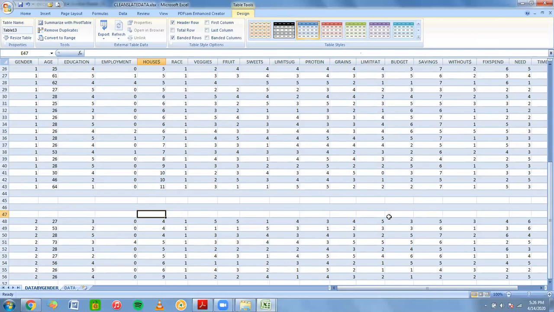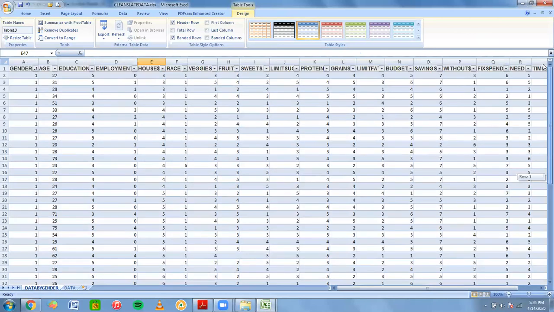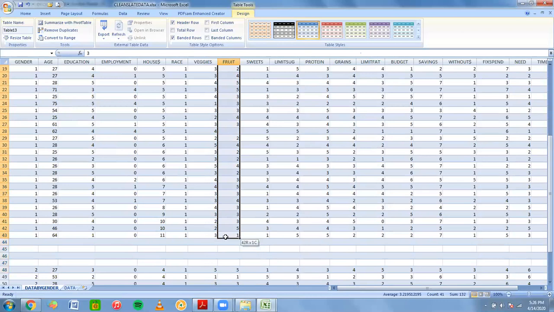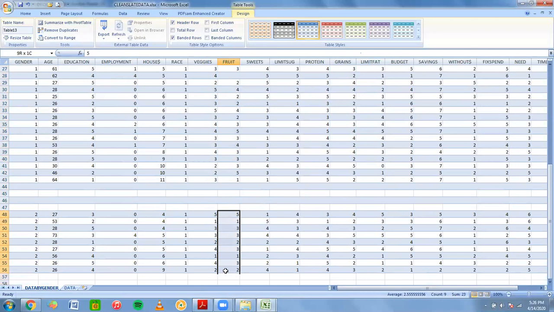And when you're doing your t-test, let's say you're running, what was my example, fruit consumption. When I'm doing my t-test, my first group that I'm selecting is the female fruit responses up here. That would be my first t-test selection. My second t-test selection would be down here, the male fruit selection. If I wanted to add some by-group information, let's say I wanted to compare the veggie score of females versus males, in this space I can